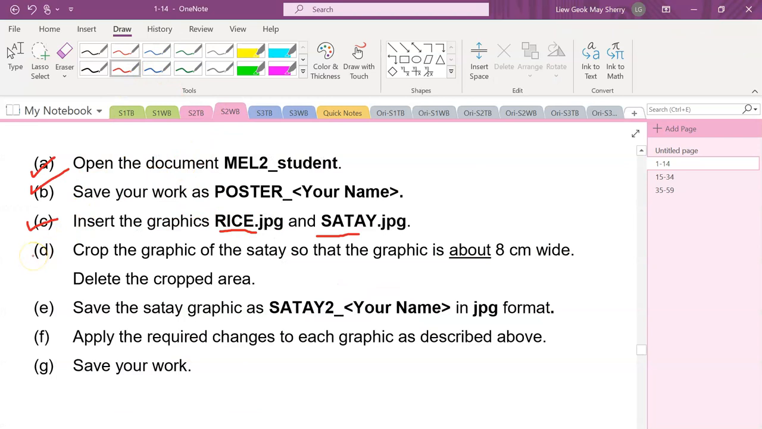Don't worry, follow the instructions, they will tell you what to do. Part D, crop the graphic of the satay so that the graphic is 8 cm wide only. Okay, delete away the crop area. So